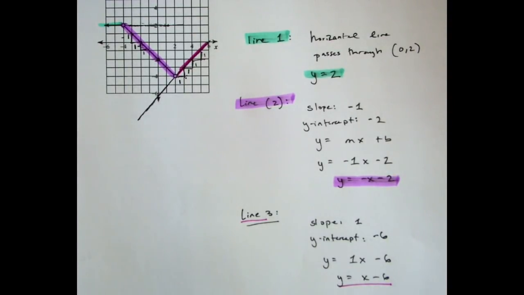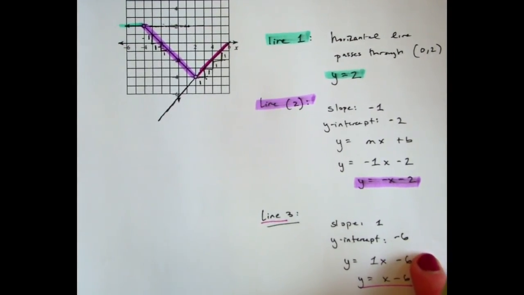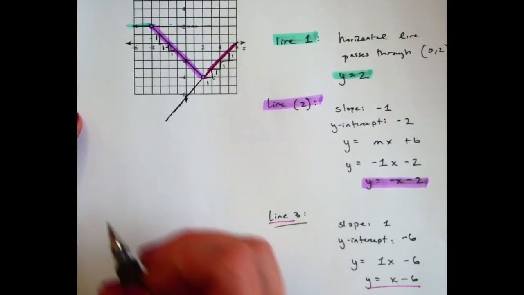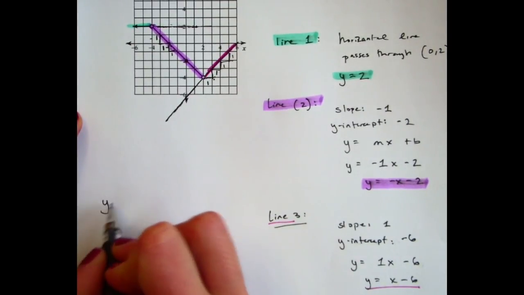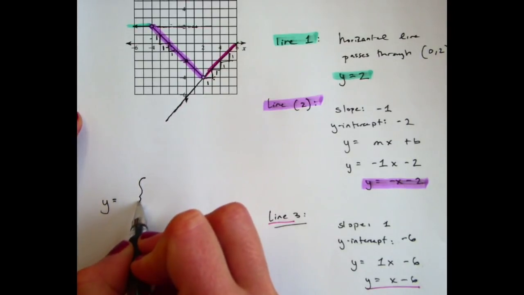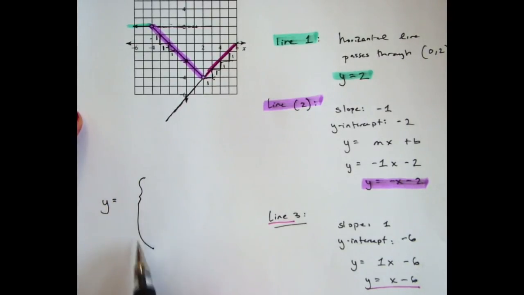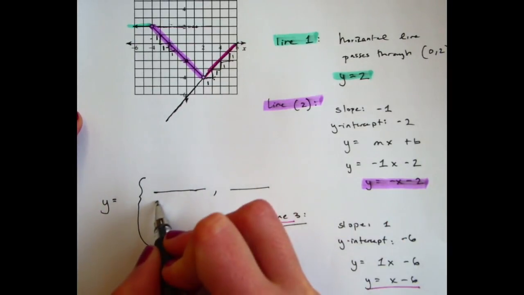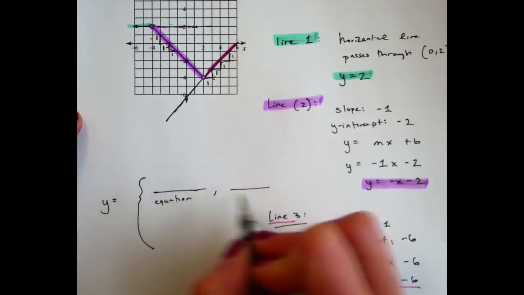Okay, so now comes the piecewise function part. We're going to be putting all of these equations into some sort of function rule. The general form for this rule is y equals, weird bracket. We're going to have an equation, and then we're going to have a domain,